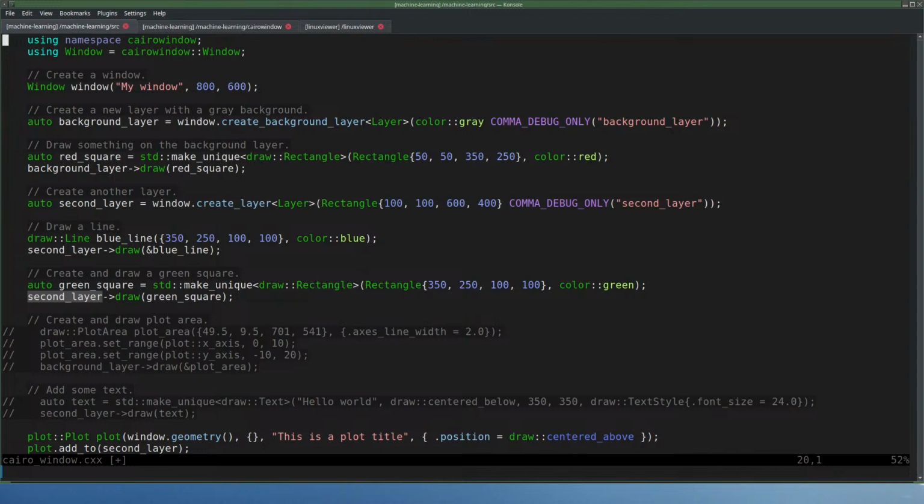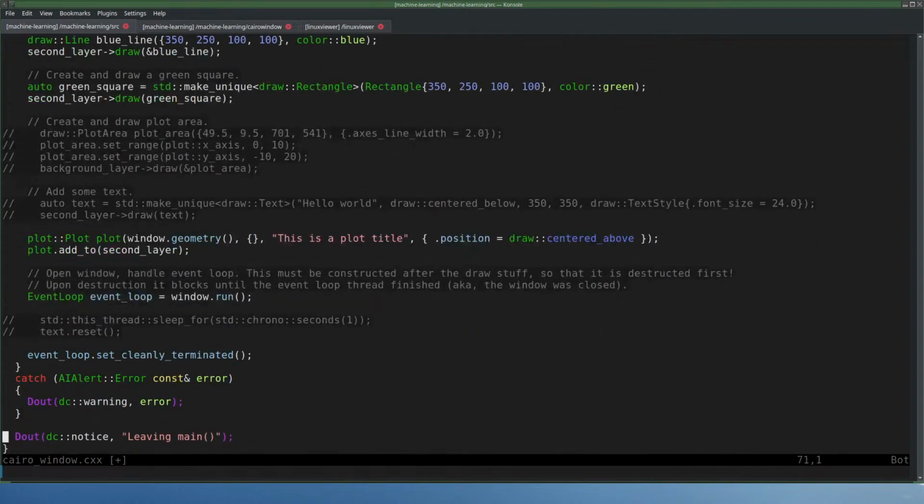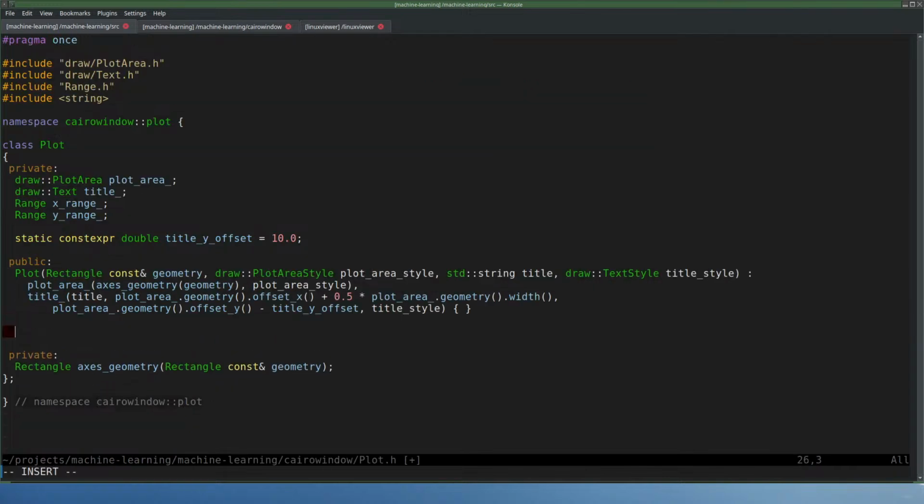Kind of random, but two layers are being created with create layer, which means that we know the type. Second layer is returned by this thing. And that's a boost intrusive pointer layer. Plot. Add to. Standard. Boost. Intrusive pointer layer. Const reference because